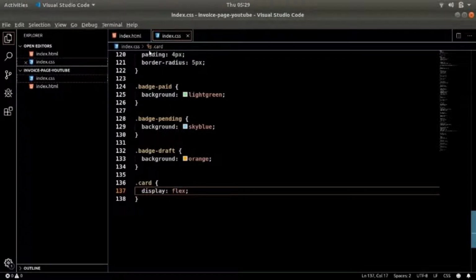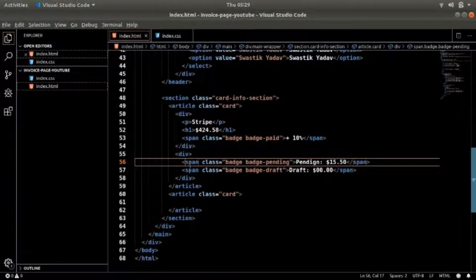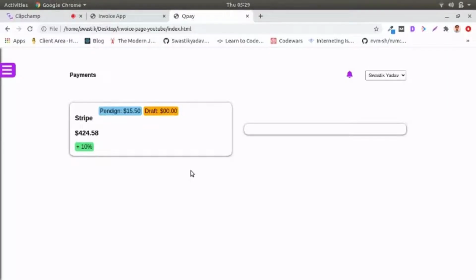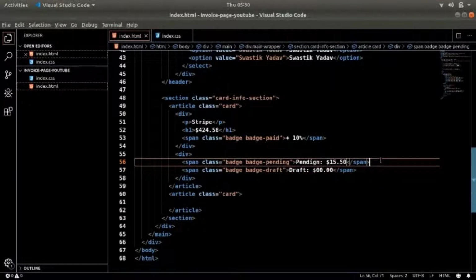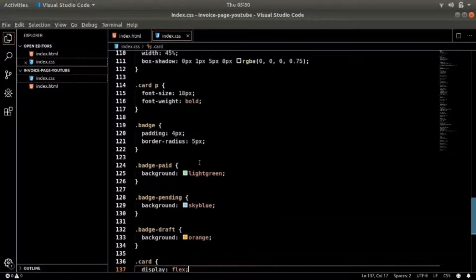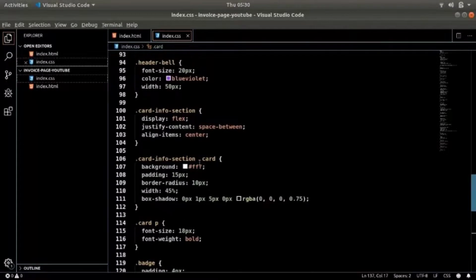Okay, so here what we have is this is a span, which is an inline element, this is also a span, which is an inline element. So by default they came side by side in their own kind of scope, or in their own realm. So to make them have a new line, what we can do is either I can add a br tag over here, but I don't want to do that.